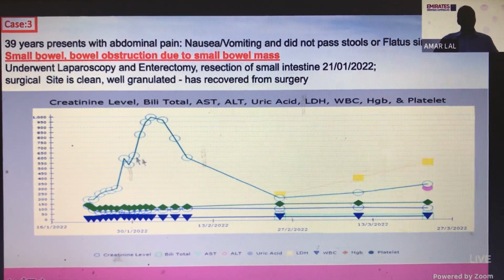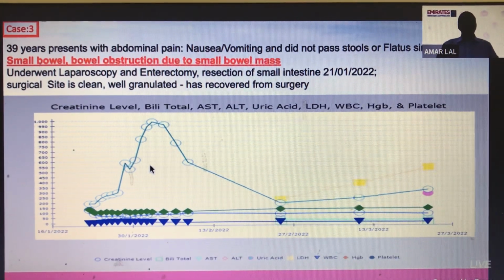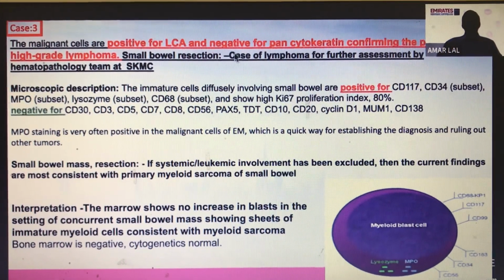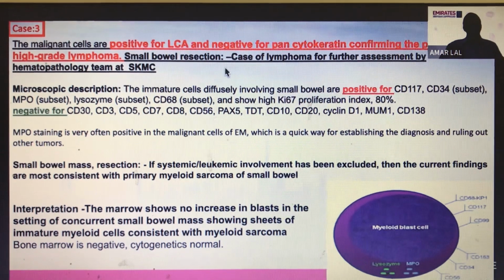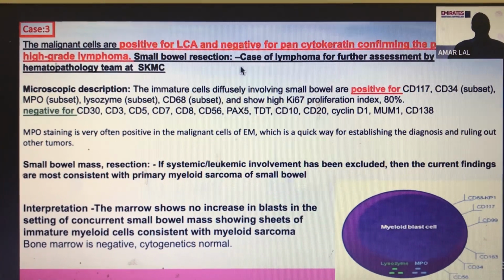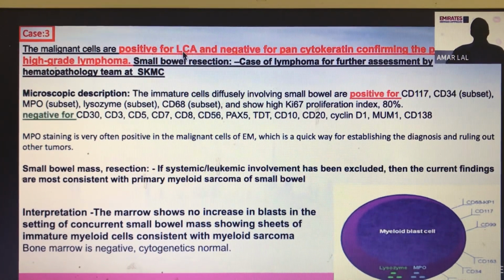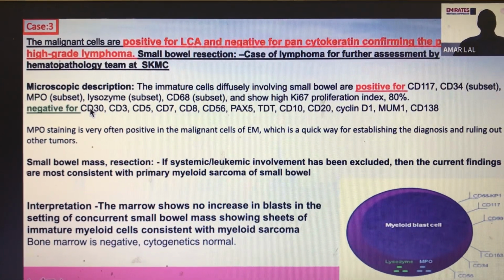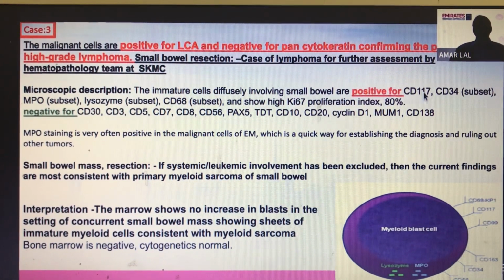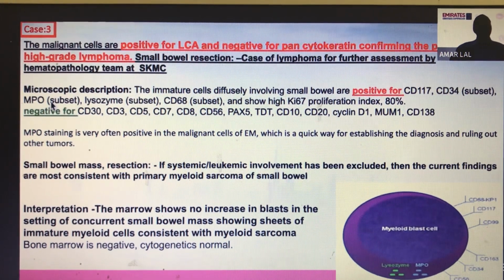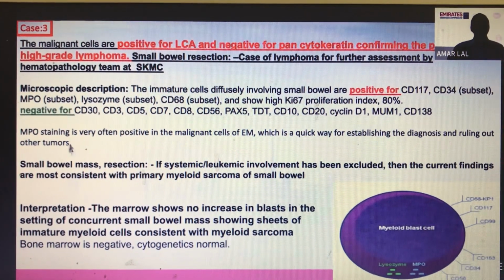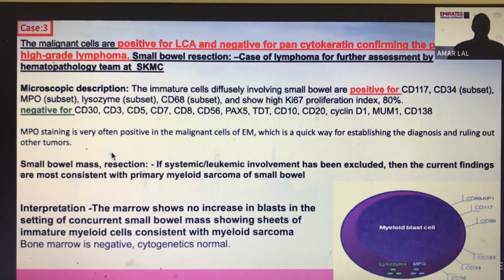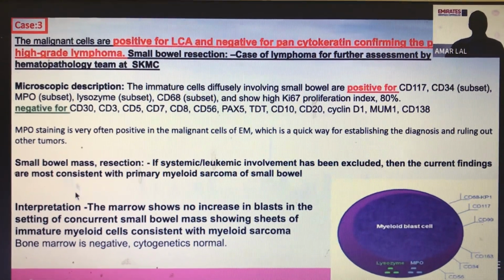Now the third patient, again a young male who was admitted with abdominal pain and small bowel obstruction. All the labs are fine, CBC is fine, everything is fine. So he underwent laparoscopic surgery, and they found it positive for LCA, negative for cytokeratin. So they were thinking high grade lymphoma, but luckily MPO was positive. So usually people miss the diagnosis, but our pathologists found the diagnosis, and we did bone